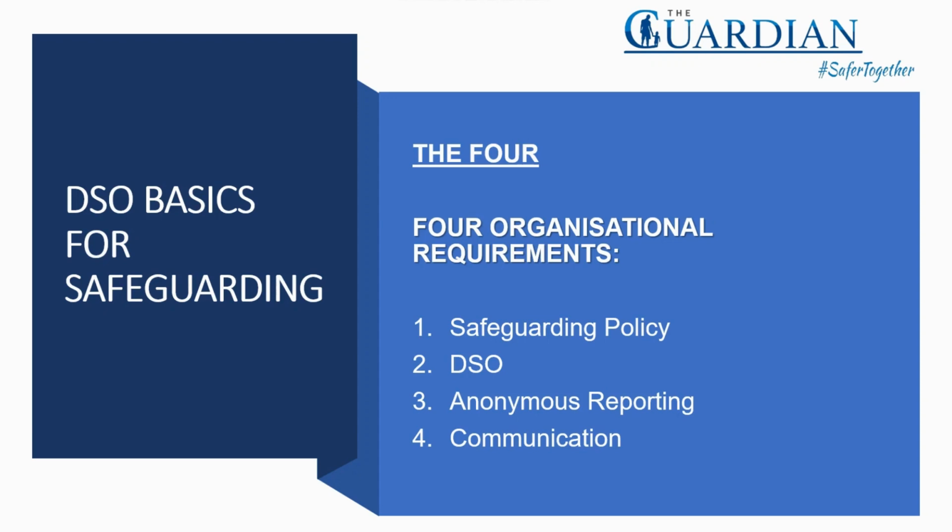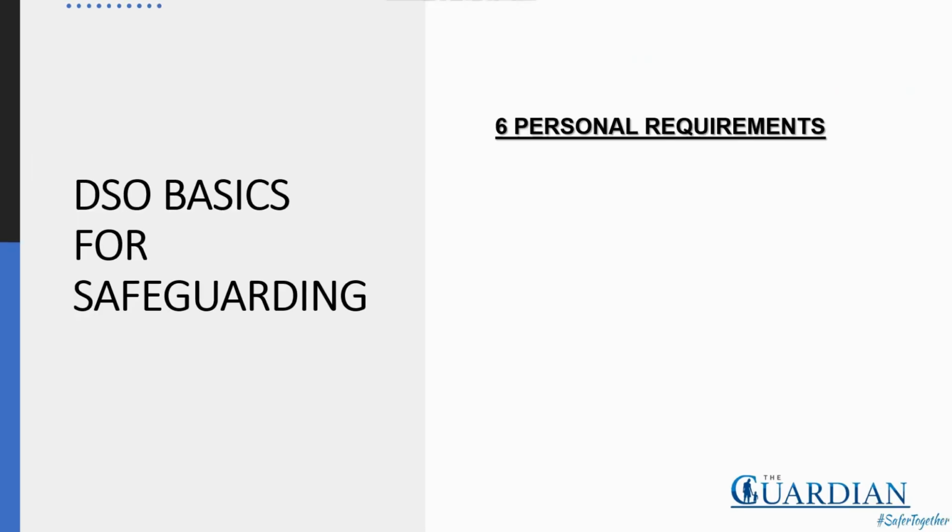Once these 4 things have been implemented, we can then get down to having a chat to the coaches and volunteers who engage with our athletes in our club. This is where we start working towards the 6. So what are the 6 things? Before I get into the what, let's just understand the why.